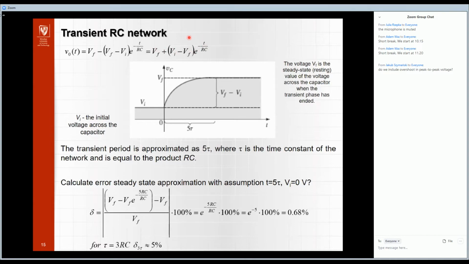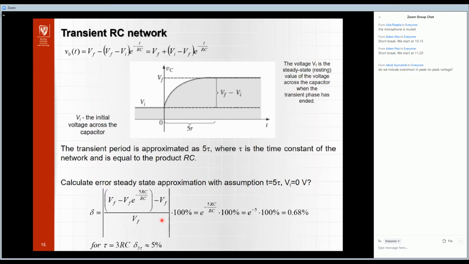Here we have the voltage after time equal 5 tau. So I substitute this value in this place, subtract this voltage from the steady state, and divide by this. So when we use such approximations, the error is only 0.68%,